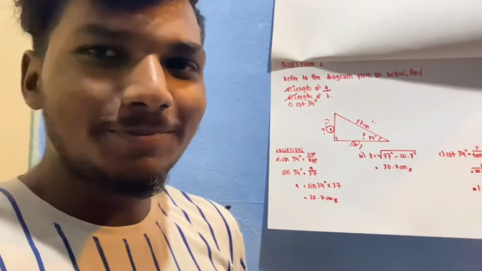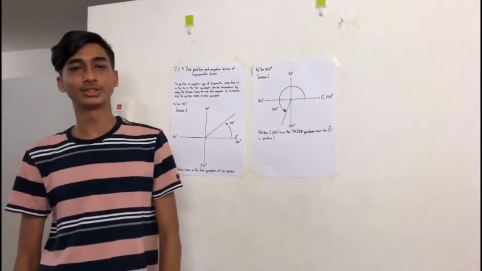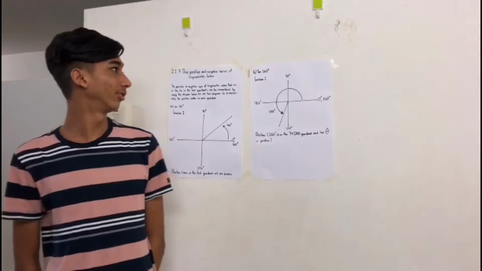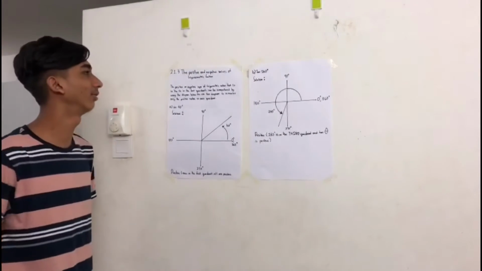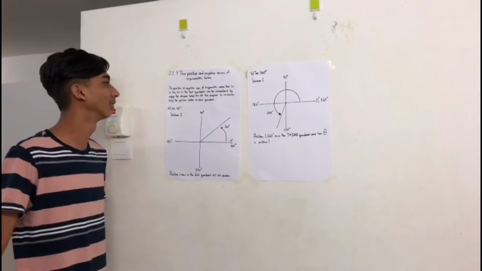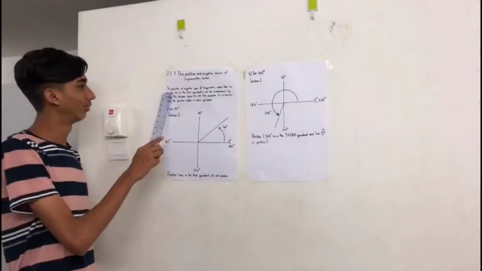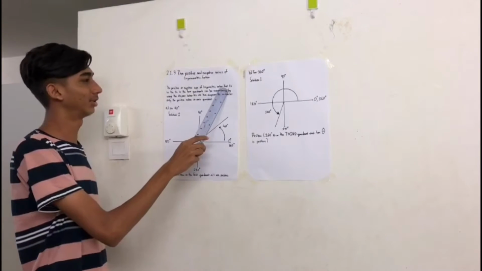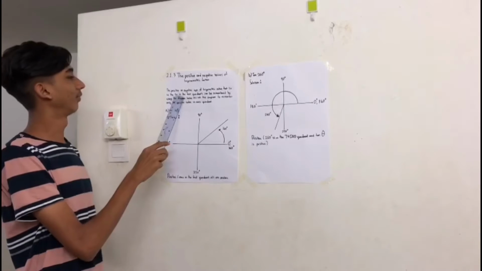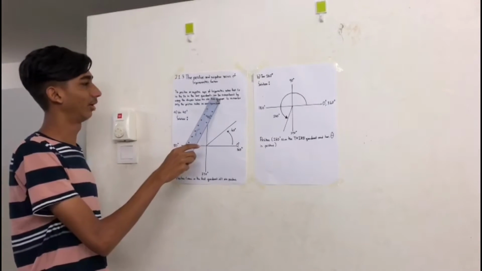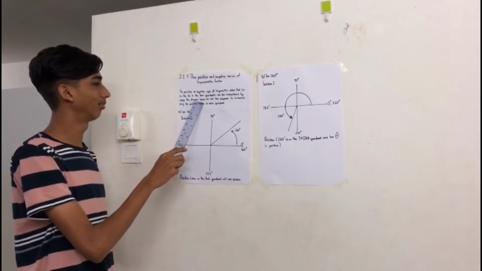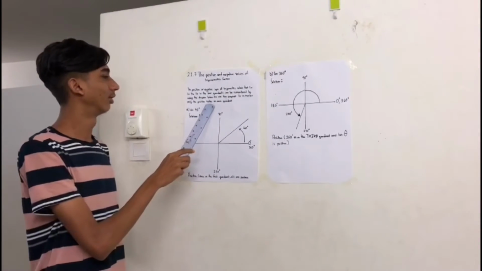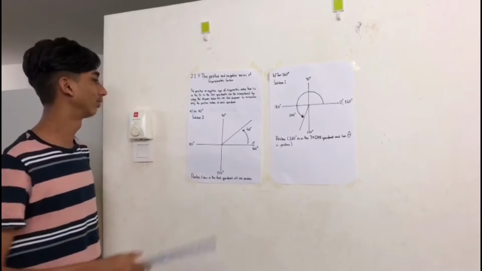So thank you. Okay, my name is Kailash Nair from DKM 1D. Today I'm going to talk about the positive and negative values of the trigonometry functions. The positive and negative signs of trigonometry ratios lie in the 4 quadrants, and we remember them by using the diagram below. We use this diagram to remember only the positive ratios in each quadrant.